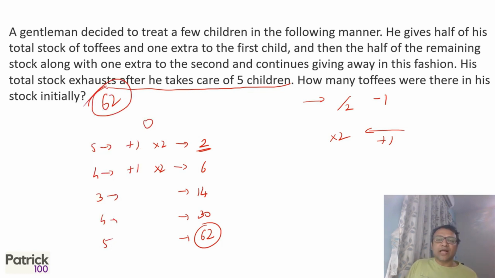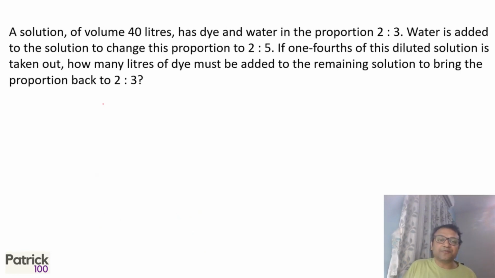So it is a reverse calculation. Actually, this is based on a puzzle. It's a puzzle of this type where you keep on going forward and by the time you end, you get 0 chocolates in the end. So the best way to do it is reverse calculation. Go from the end to the front and that will help. So somewhere I said even puzzles sometimes help you to solve maths faster. So this is one puzzle-based sum which will normally help you to solve maths faster.